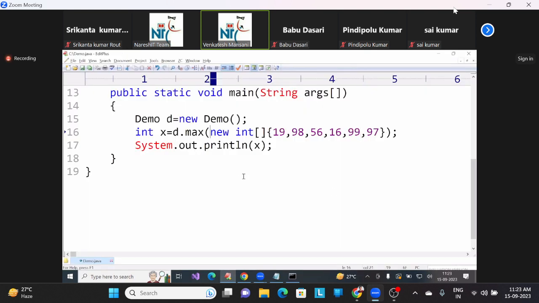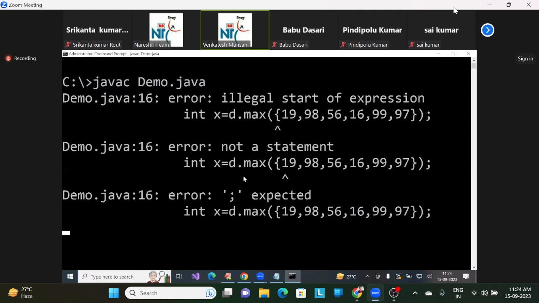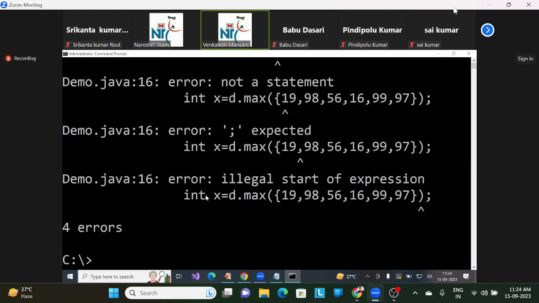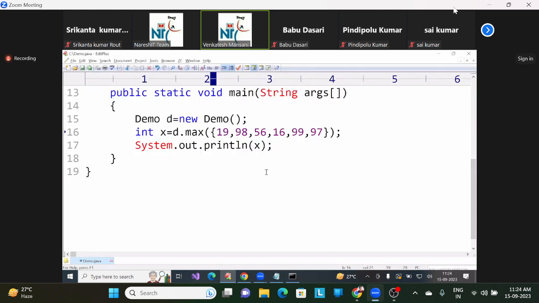Now, if I remove the new integer array operator and run, an error comes. This syntax is not allowed. See, you are getting 4 errors. It is not understanding. Like this, you cannot write. So, you must write new integer array. Like this, you have to write. Otherwise,